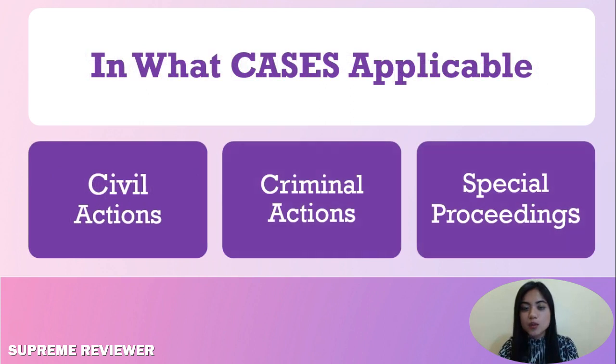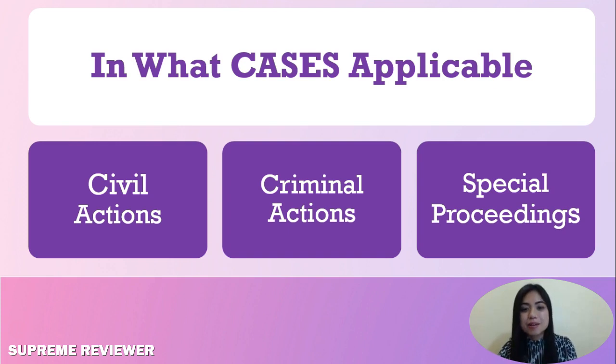Next question: in what cases shall the Rules of Court be applicable? The rules shall govern the procedure to be observed in actions, civil or criminal, and special proceedings. A civil action is one by which a party sues another for the enforcement or protection of a right or the prevention or redress of a wrong. A civil action may either be ordinary or special. Both are governed by the rules for ordinary civil actions, subject to the specific rules prescribed for a special civil